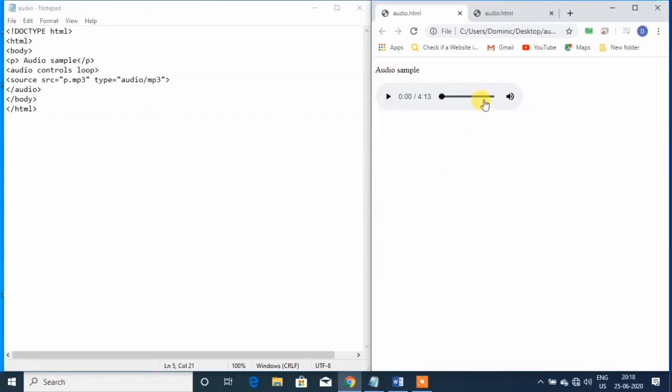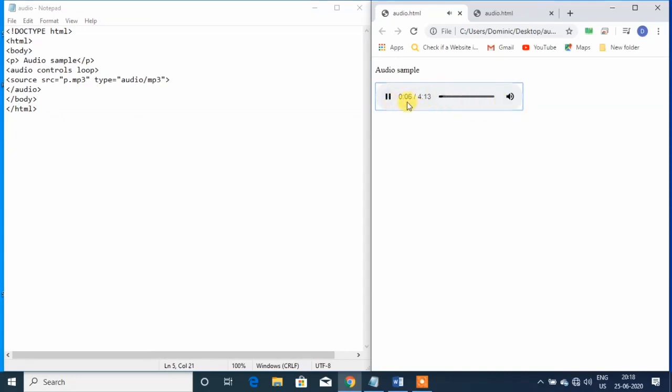You will get this song playing continuously. So it is playing continuously. Now look here, this pause button is not converting into play, so it is continuously playing.